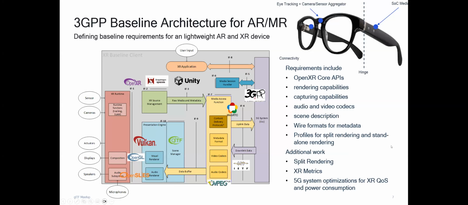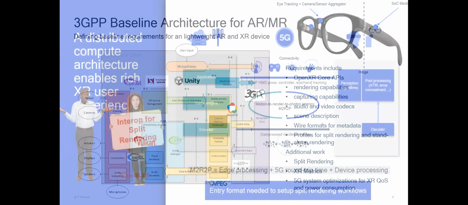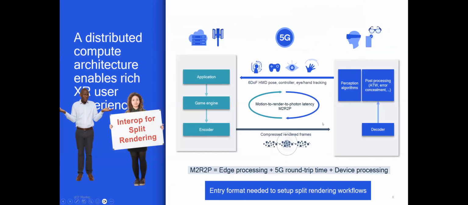So requirements for doing this include different capabilities to be specified, but one of those is a scene description that allows to describe the workflows. I come back to this a bit later. And there's additional work happening in 3GPP to complete this framework, but the core aspect is aggregation of scenes and describing this properly.